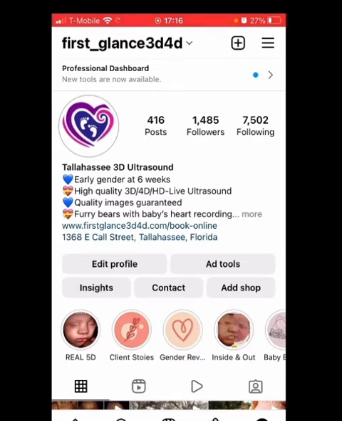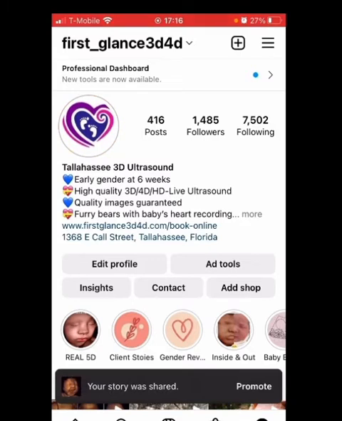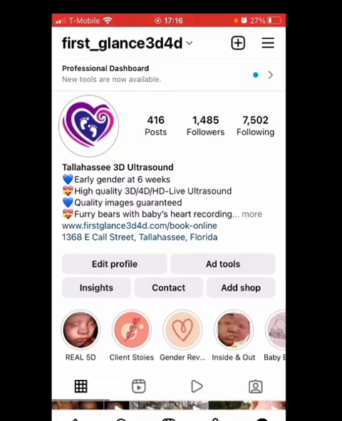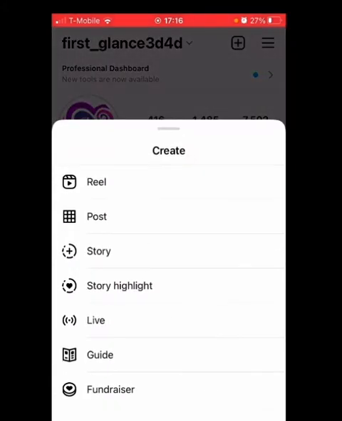So on the top right, you see that plus icon with the square around it. You'll be clicking on that, and once you do that, it'll bring up several options here. You can post reels, you can post stories, posts. If you make it a video, and videos are great, you want your video to be 59 seconds or less. If you exceed 59 seconds, you have to make it a reel. We'll get into reels later and some of these story highlights later in live, but for now we're going to focus on the post. So you'll click that post icon there at the bottom,